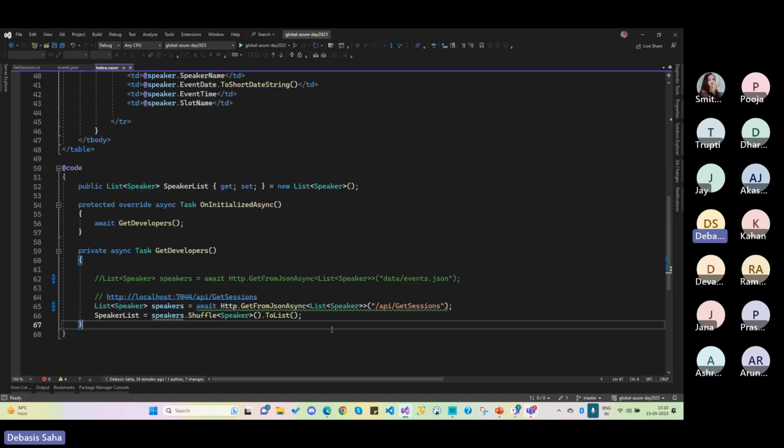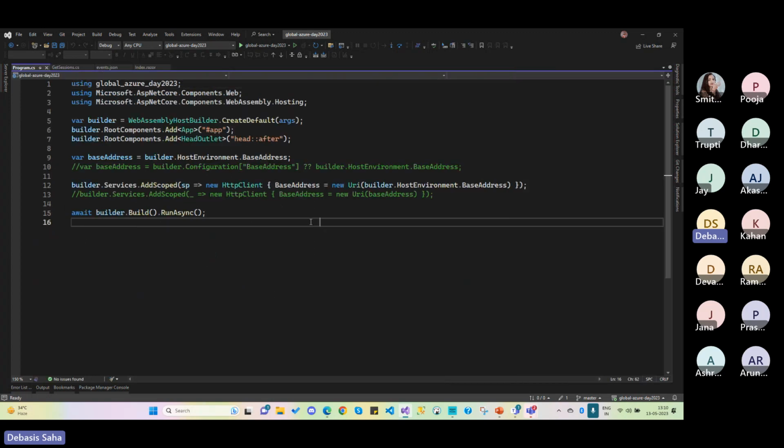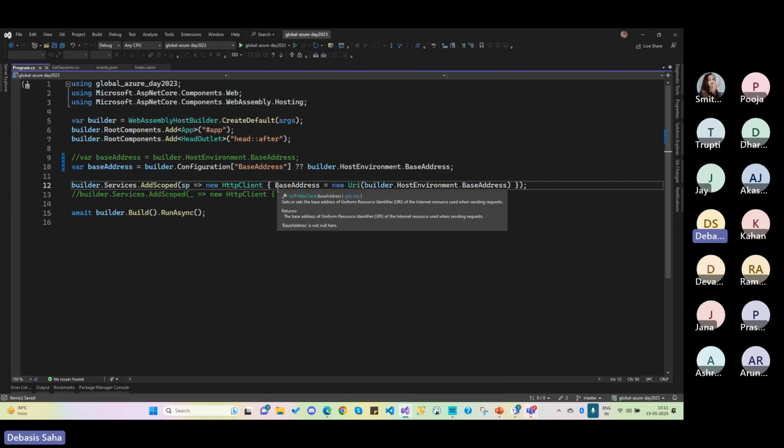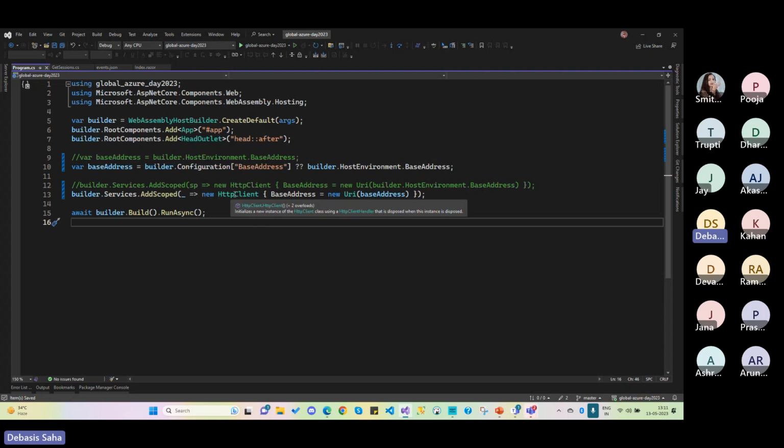So I have changed this, and then I'll go back to the program and convert it to the environment URL. Right now it is using a hard-coded base URL. As we are using an API endpoint, we need to use the host environment base URL. So I'll comment these two lines of code and the related host URL, so that whenever it tries to invoke this URL, it directly picks up the Azure-hosted Azure Functions URL and accesses this